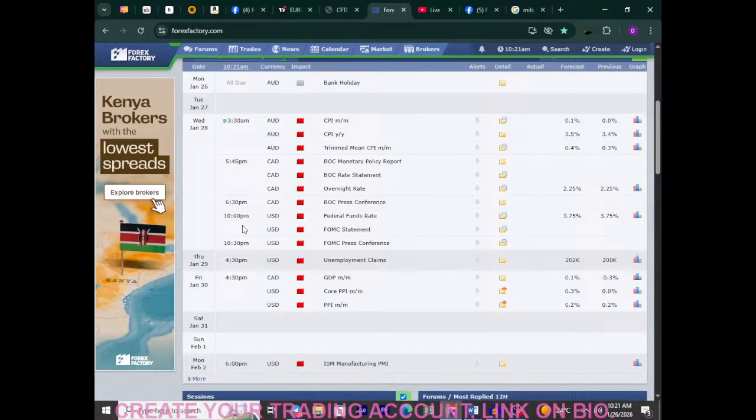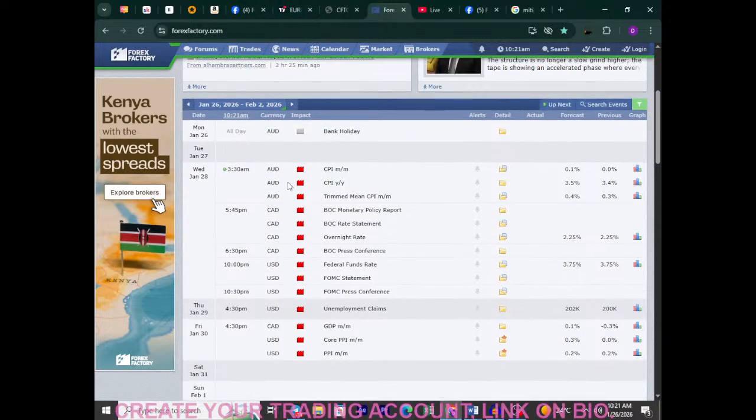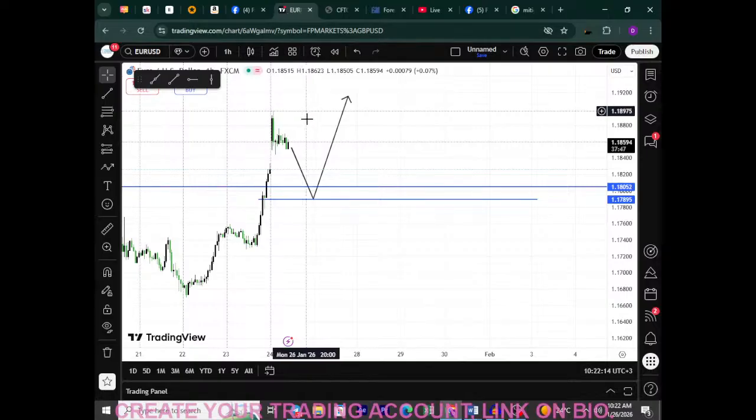So right now we are just creating a map for the whole week. So we have FOMC on Wednesday. So you can see these 2 days are likely to be slow days. So during FOMC, because FOMC is usually very volatile and it's usually very fast,